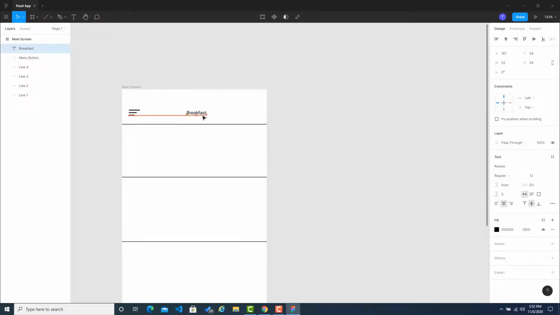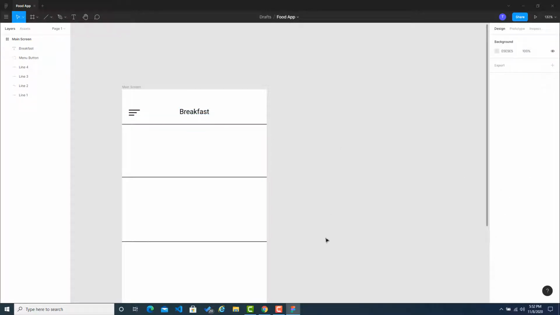Okay, so this is something like this, and I want to keep this in the middle, and I want to increase the size of it. So let's make this 16, maybe 18. I want it to look prominent so that it shows. Okay, so